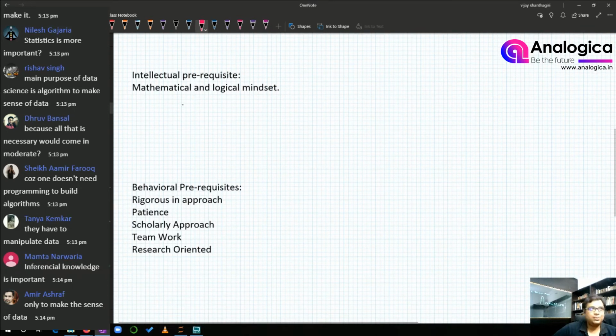Intellectual prerequisites. There is something about IQ, intelligence quotient, and something about TQ, technical quotient. So the requirement is you need to have a mathematical and logical mindset. Okay. When I say mathematical and logical mindset,